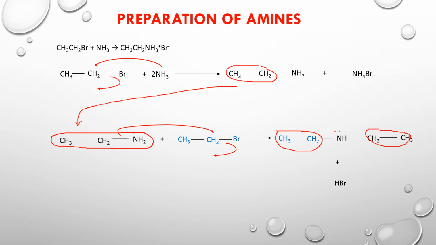So there you have it, students. Now that you have seen how amines look like, what is the chemistry of amine, and we have also compared the basicity of the different types of amines with ammonia. Primary, secondary, tertiary amines are classified according to the number of carbon atoms that are attached to the nitrogen group.